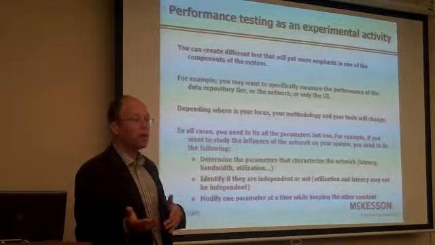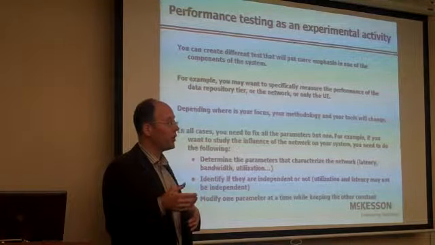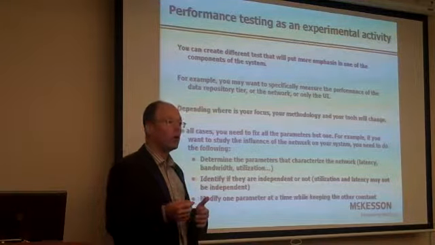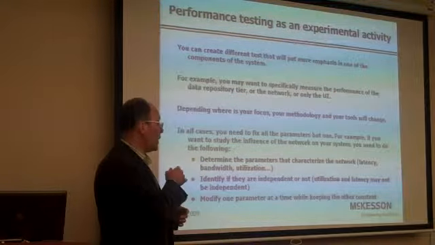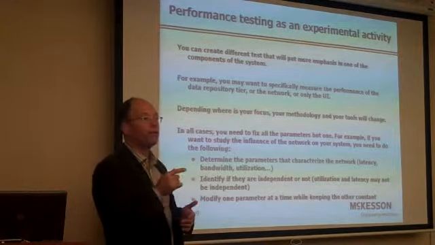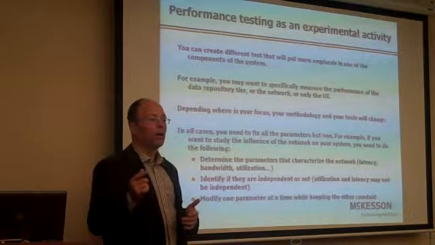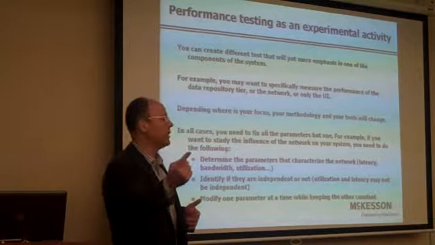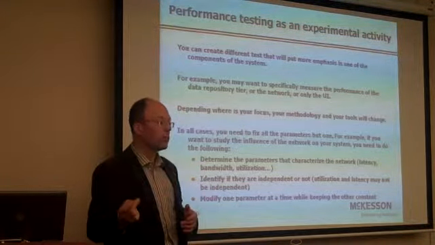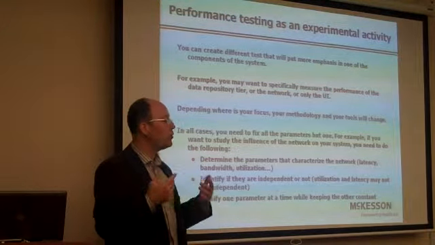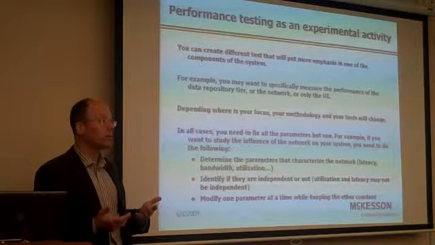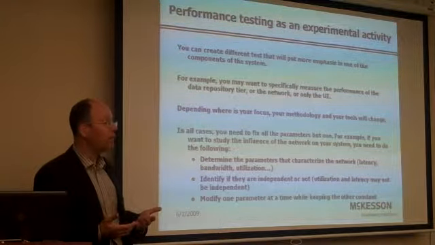We can make another example in which the database will be the subject of our attention. This means, among other things, that the network cannot become a bottleneck. If you suspect you have two bottlenecks, one the database and the other the network, you need to make sure that the second bottleneck is not going to kick in. Because if not, you are going to get results, but they will be very, very difficult to interpret.